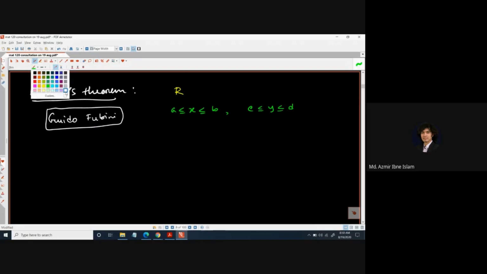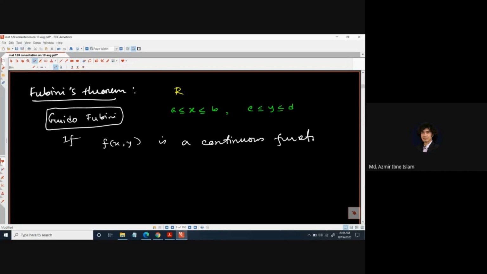Then what we can expect is, if we have a function f of x comma y that is continuous on this rectangle, that means x equal to a, x equal to b, y equal to c, y equal to d, then the double integral of f of x comma y dy dx